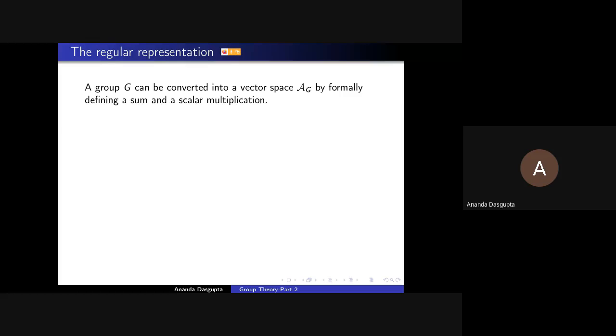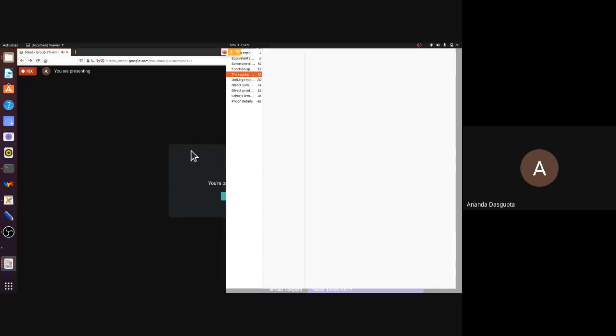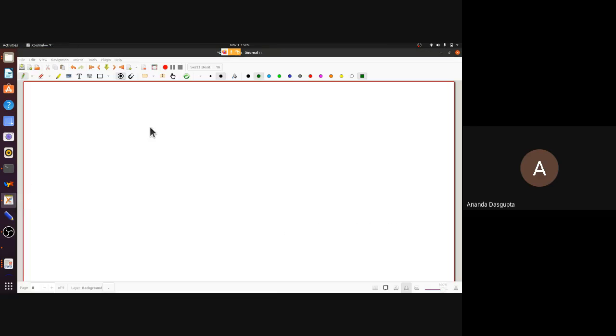You could just say that, okay, let's take these 6 elements E, A, B, C, D, F and form all possible linear combinations. I don't care what it means. I just say that this is an element of my new vector space, which is called the group algebra, AG. Why algebra? An algebra, as I said yesterday also, essentially is a vector space on which you have a multiplication rule. Here the group already had a multiplication rule. I make it a vector space simply by defining an arbitrary element of AG to be linear combinations of the group elements. That's it.